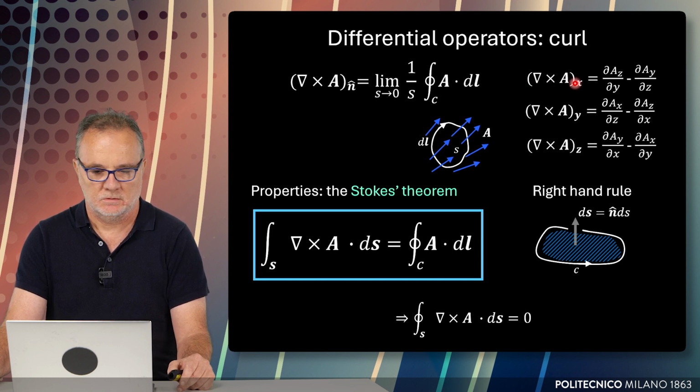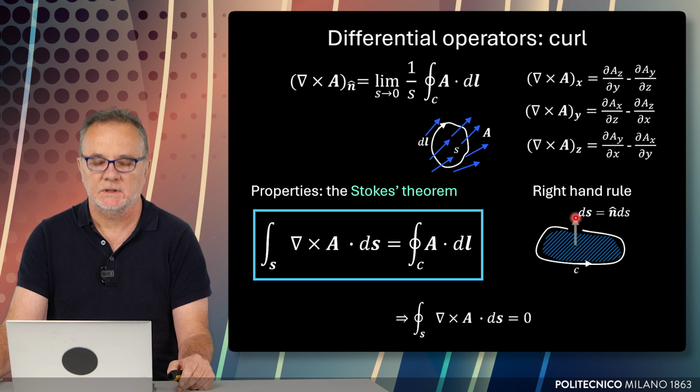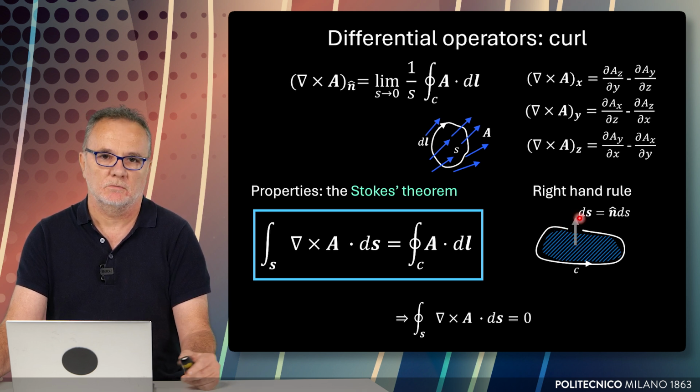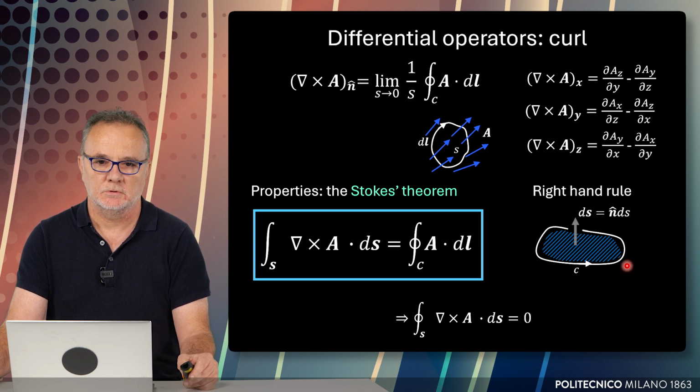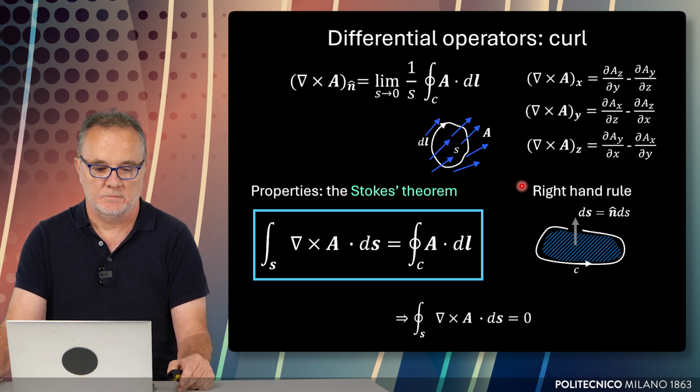The various expressions of the curl in Cartesian coordinates are shown here. The right-hand rule is shown also in this picture. As you see, we run around the line, and by the right-hand rule you obtain the direction of the normal, or vice versa. We indicate first the normal, and we obtain consequently the direction along which we compute the circulation. An important theorem associated to the curl is Stokes' theorem. It says that the total flux through an open surface of the curl of A equals the circulation of A around the boundary of this surface.